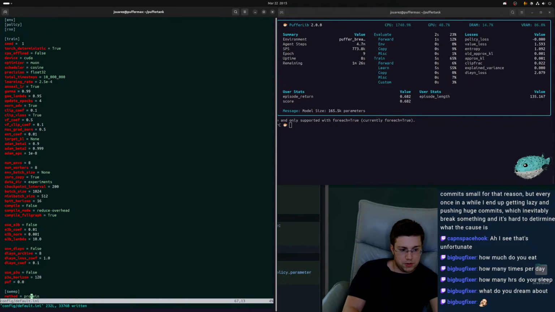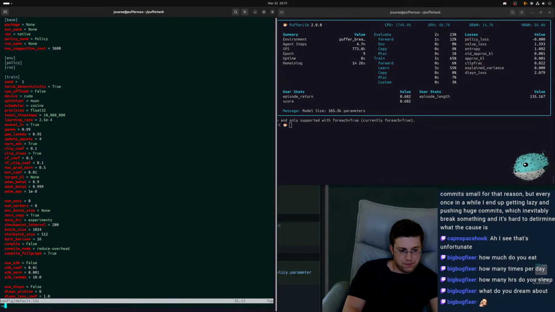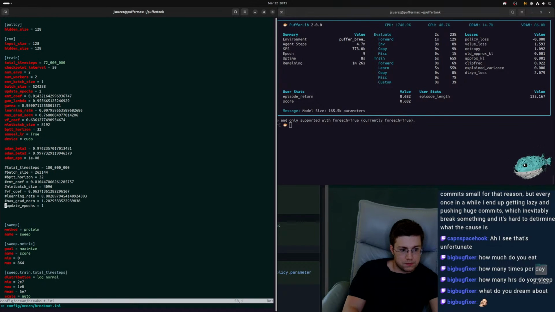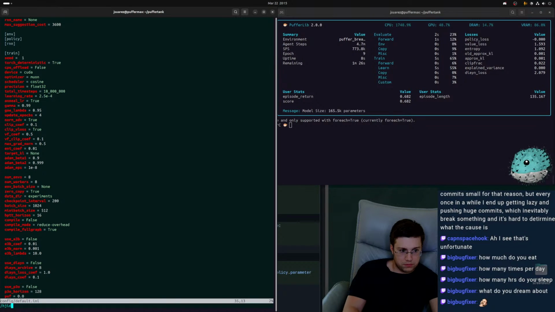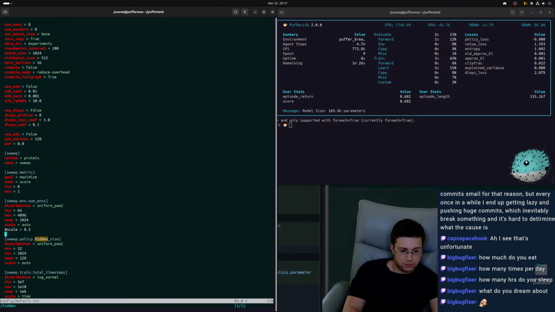Okay, that seems good to me. It's on false. Breakouts on a good sweep schedule. Anything stupid set? Oh, policy hidden size. Yeah, this works.